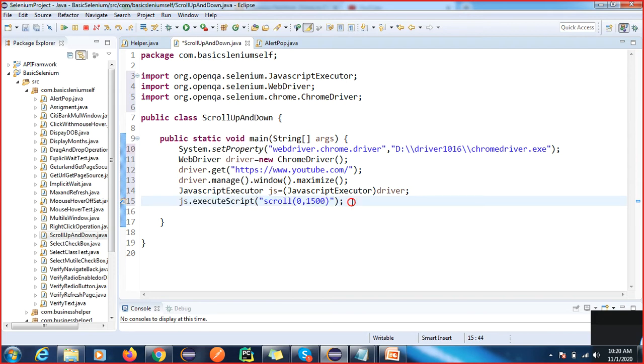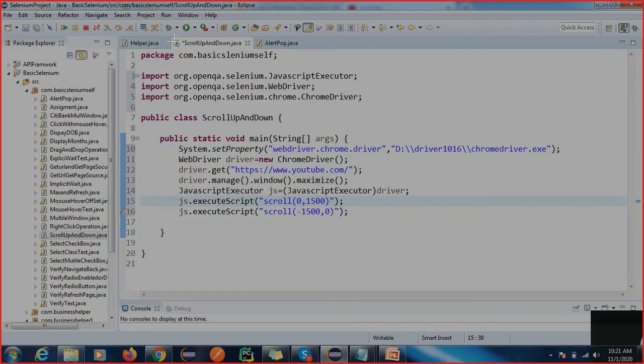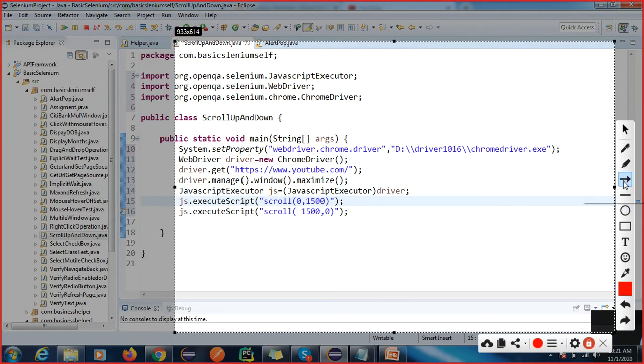Here it works on positive or negative x or y coordinates. In mathematics we have this concept, right? If you remember, we have the x and y coordinates.